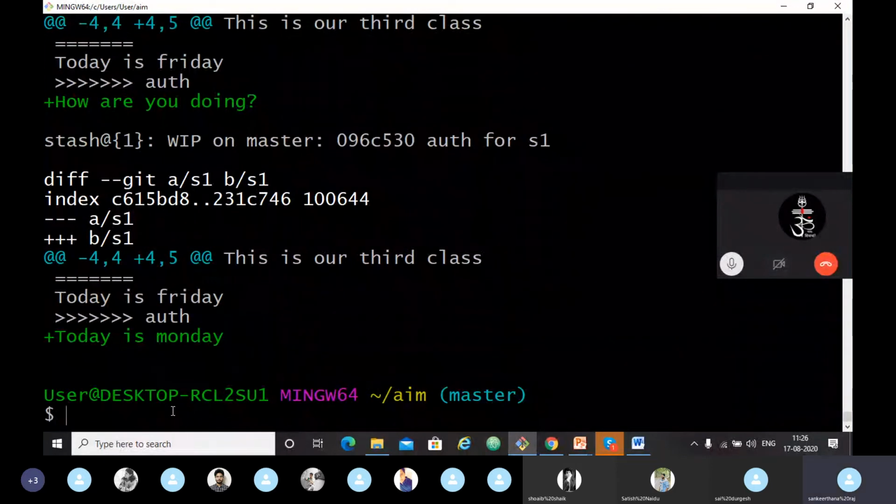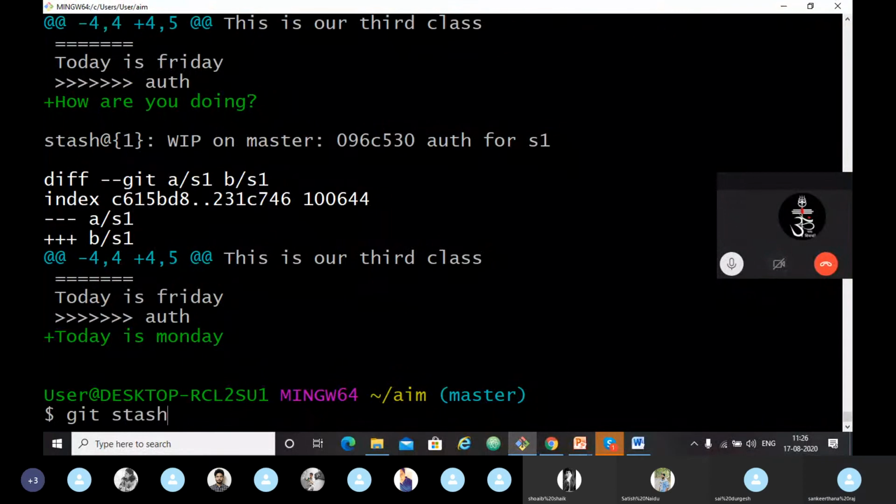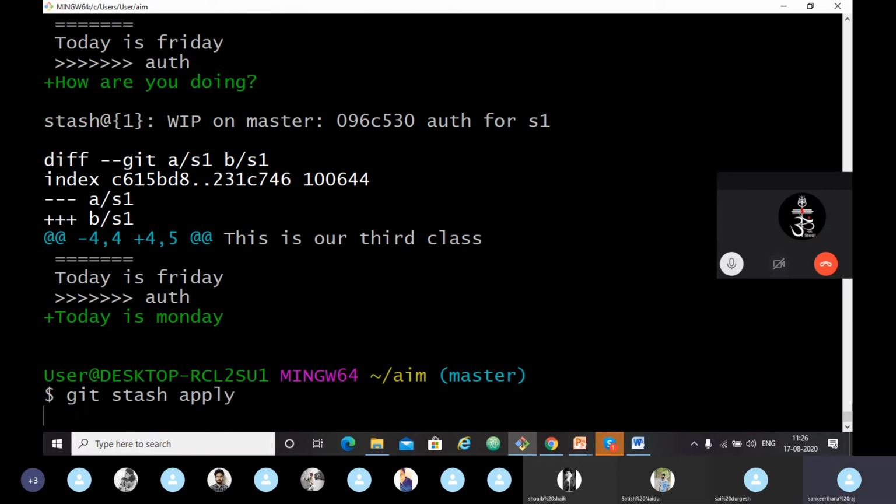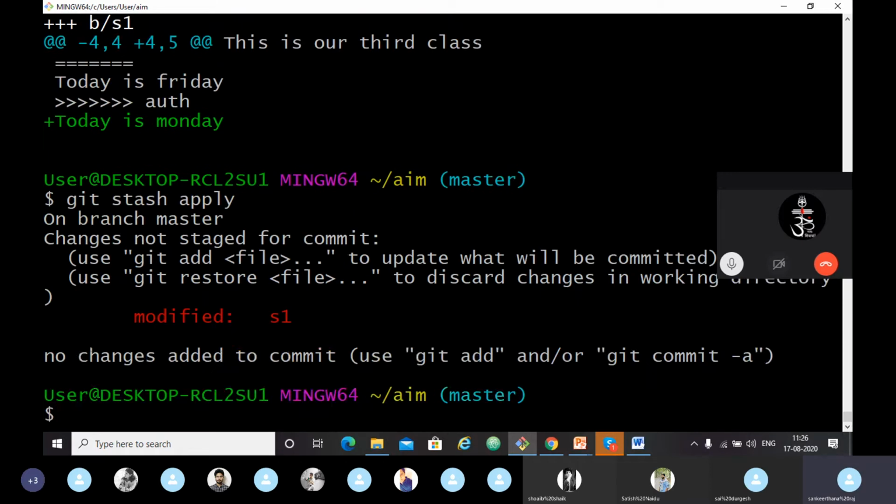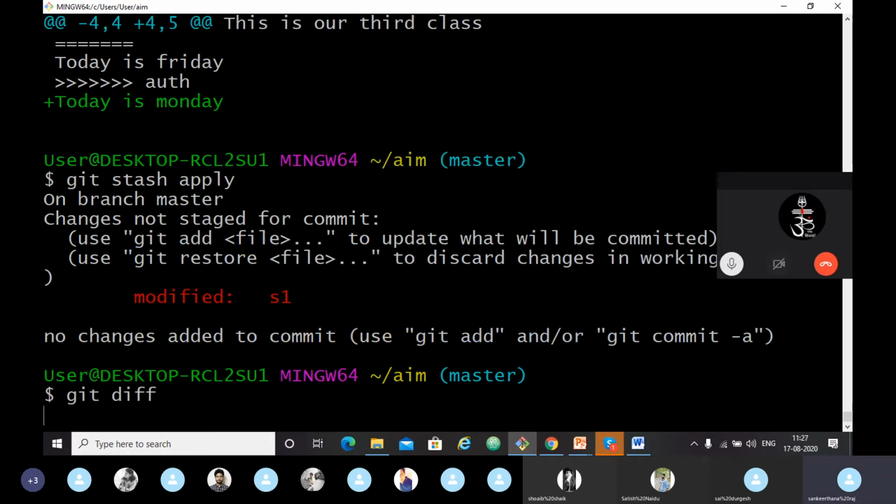You just have to use git stash apply. See, we have removed our first file. Now we can see the git diff. Only how are you doing is there.